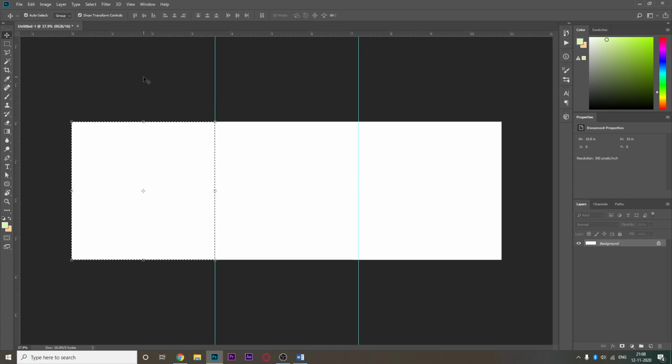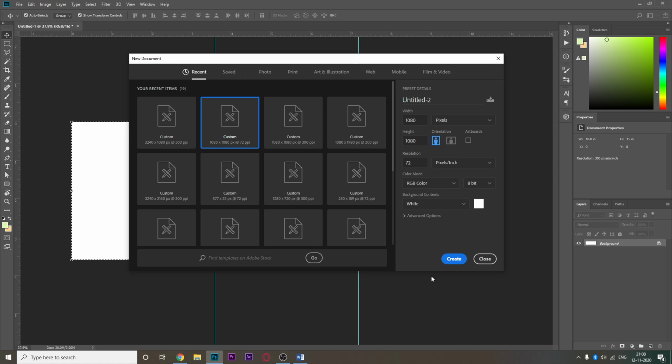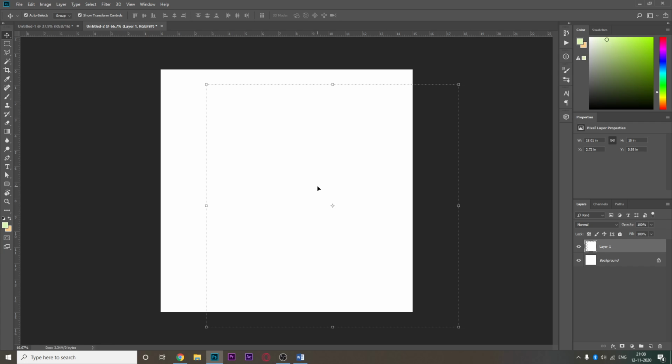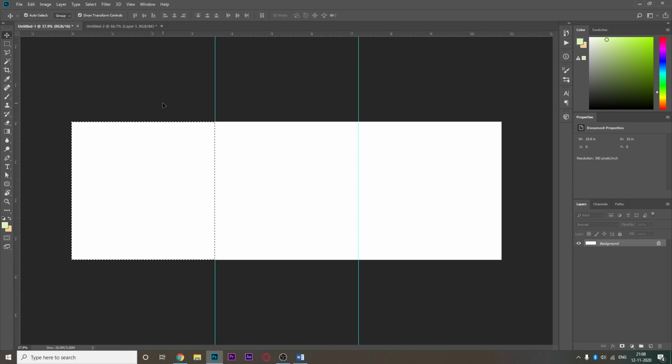It shouldn't get deselected, but okay. So if I take this and put it somewhere else in another file, let's say I make a new document here of 1080 by 1080, create new. I'll drag this and take it here, and it'll perfectly line up with this. You'll see these pink lines, they are for my guidance. You can see here that it perfectly matches with the original square. This dotted line perfectly matches with the square because it's a 1080 by 1080. So this is how you take it.